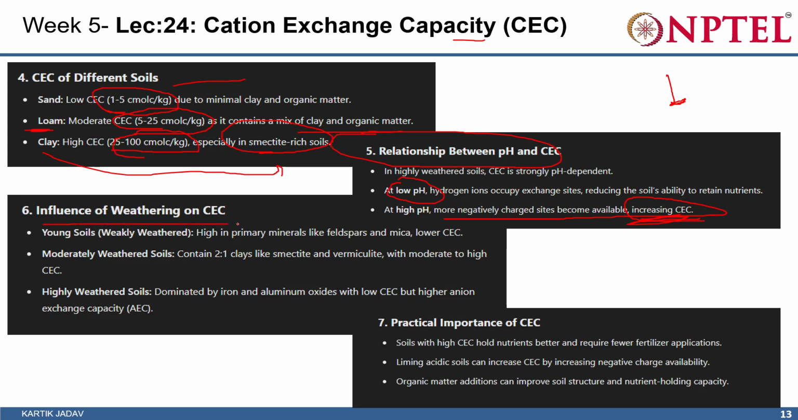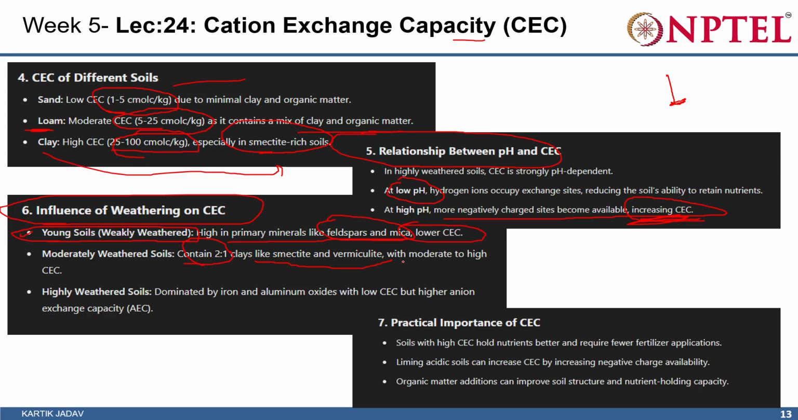And if we talk about the influence of weathering on cation exchange capacity, whenever soil is young, or young soil is also known as a weakly weathered soil, it is high in primary minerals like feldspar and mica, and due to that it has a lower cation exchange capacity, right? Whenever weathering of this feldspar and mica happens from primary minerals, it will form moderately weathered soils, and it contains 2:1 types of clays like smectite and vermiculite with moderate to high cation exchange capacity,